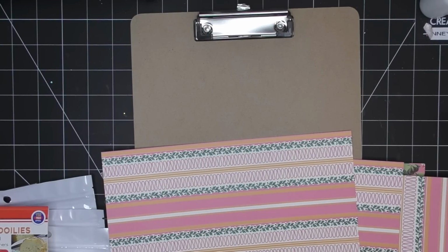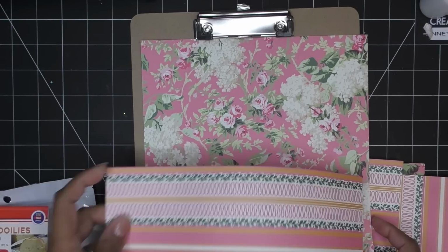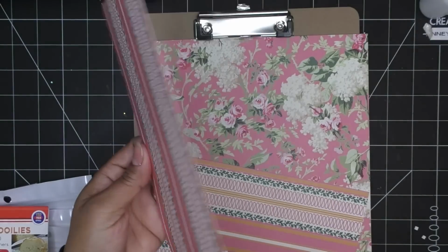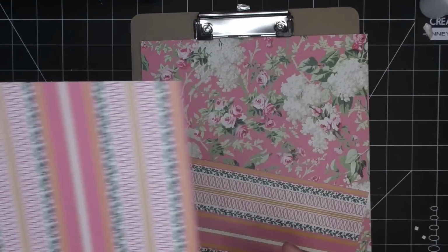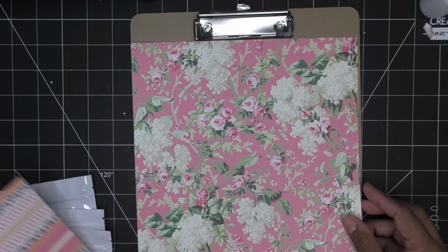I'll be right back. So now that I have these cut down, of course you have lots of offcuts that you can definitely make other pretty things with. For me, paper ruffles, all these cute things, like these little guys, even this little skinny piece. You can use it just to pop behind something. You can definitely even probably ruffle it, for sure. Okay, so with this guy,